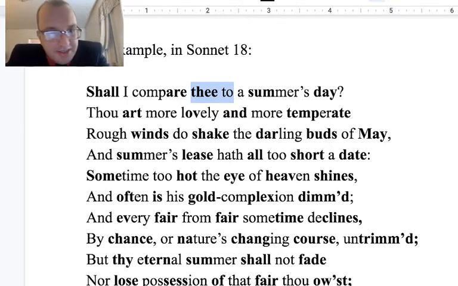sometime declines, by chance or nature's changing course untrimmed. But thy eternal summer shall not fade, nor lose possession of that fair thou owest, nor shall death brag thou wanderest in his shade, when in eternal lines to time thou growest. So long as men can breathe and eyes can see, so long lives this, and this gives life to